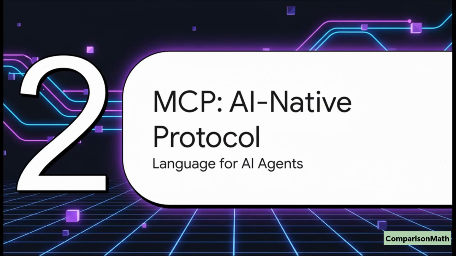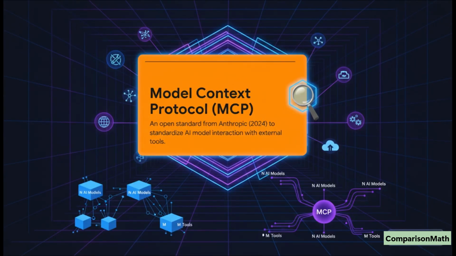And to solve that exact problem, Anthropic introduced the Model Context Protocol, or MCP, back in 2024. This thing was built from the ground up to be the native language of intelligent, autonomous AI agents. See, MCP was designed to fix what's called the M by M problem. Just imagine you have 10 different AI models and 100 different tools, like calendars, databases, other APIs, you name it. Without a standard, you'd have to build 1,000 custom integrations. It's an absolute nightmare. MCP acts as this universal adapter, so any model can talk to any tool that speaks